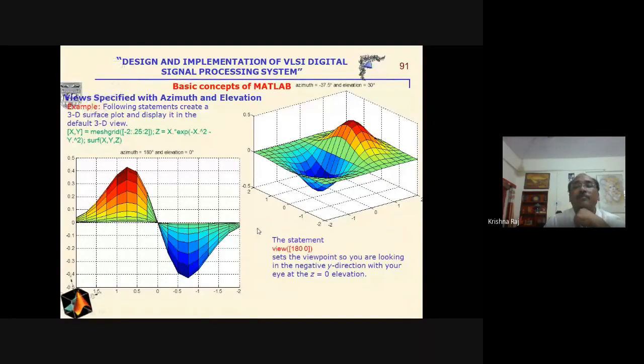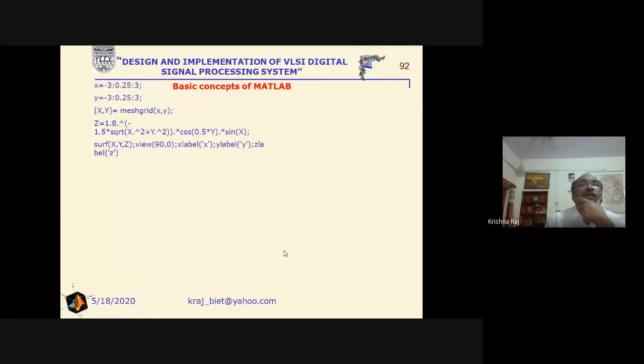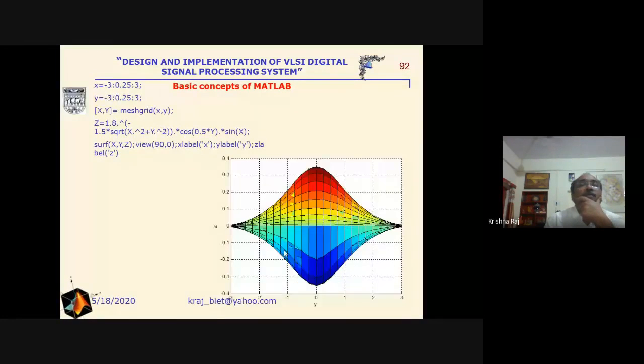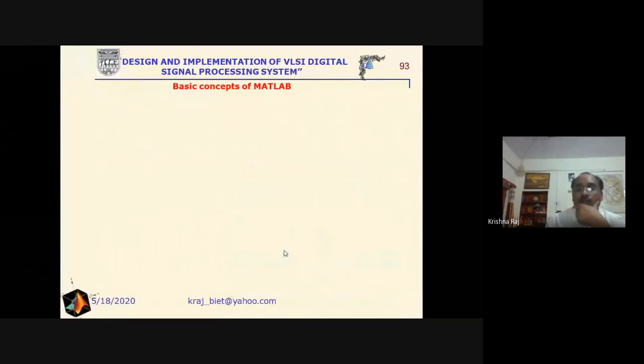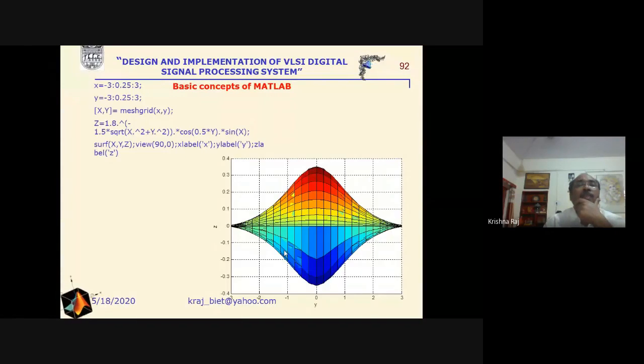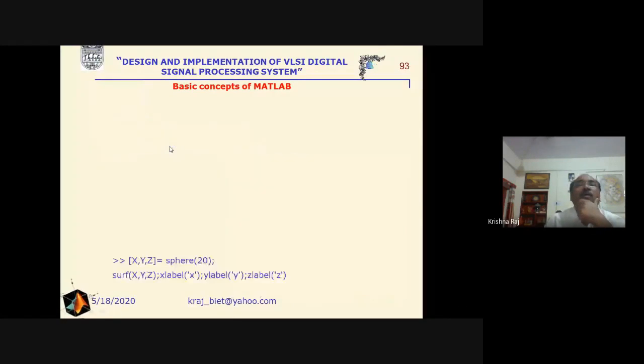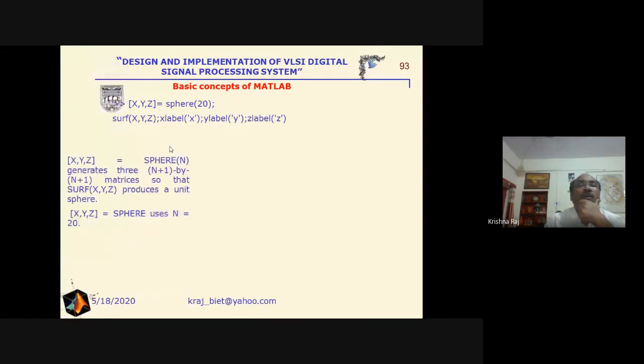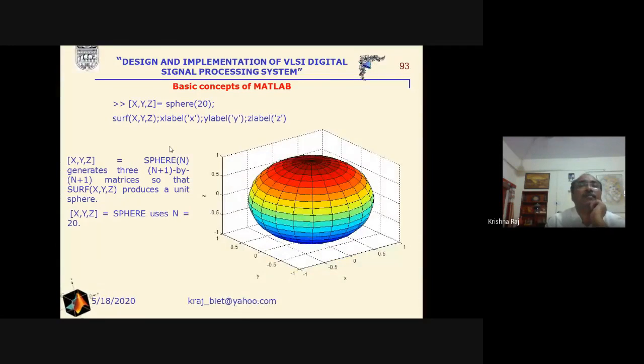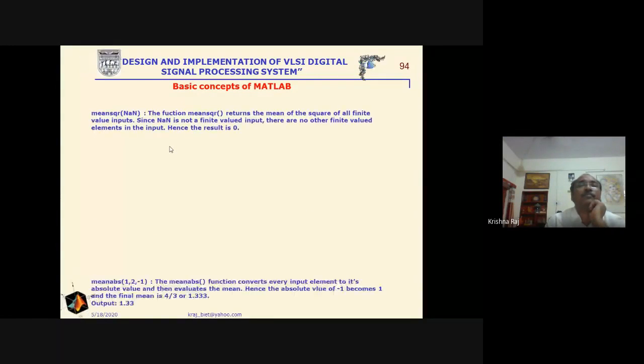Now, this is another view, and this view has an azimuthal angle of 90 degrees and an elevation angle of 0 degrees here.